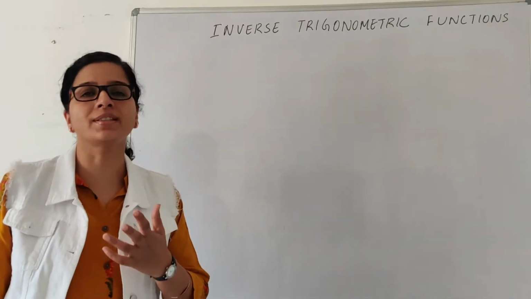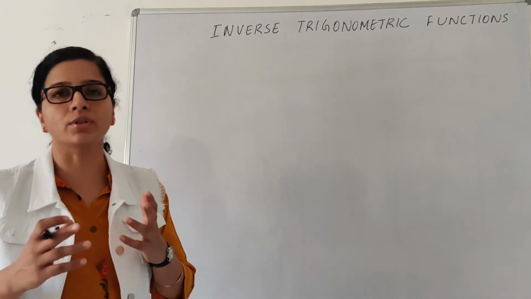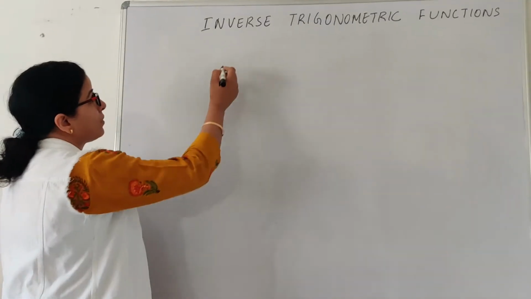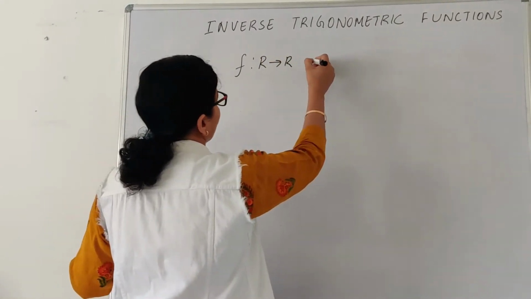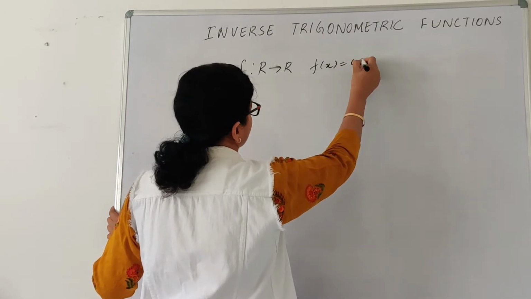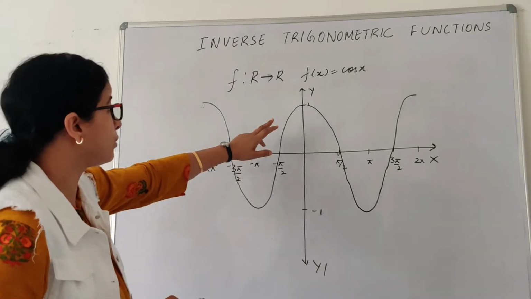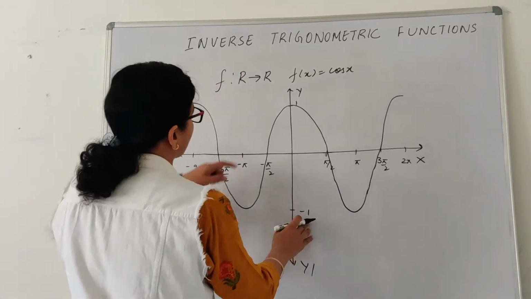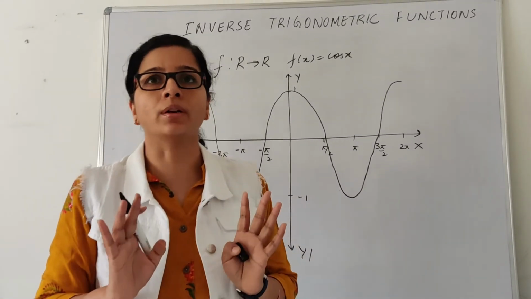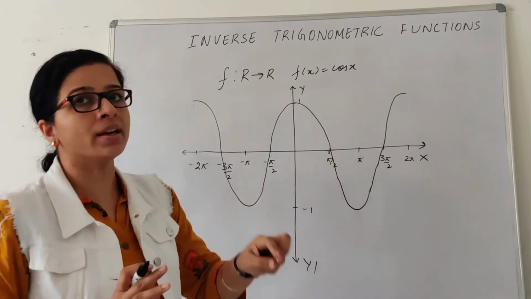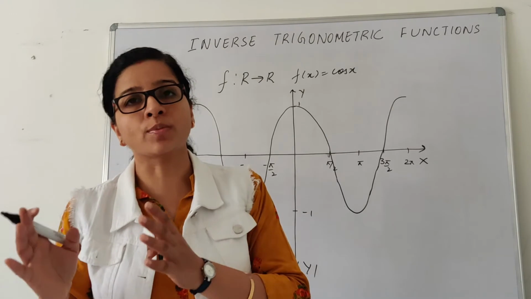Okay, so just now we studied the sine function, and now let us check the cos function. How can we find the inverse of a cos function? So we have a function f from R to R such that f(x) is equal to cos x. Now again, if you check this function with the graph, the value is oscillating between 1 and minus 1, right? So my range for cos is also [-1, 1]. But here my codomain is R. So I can restrict my codomain to the range so that my function becomes onto.